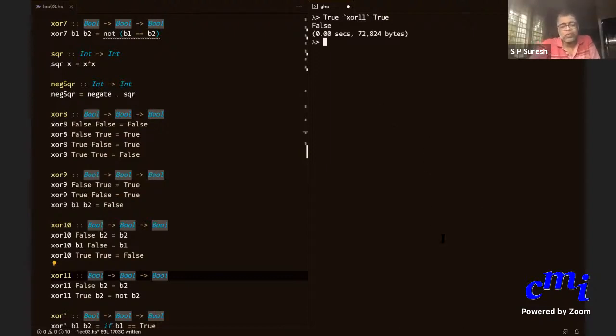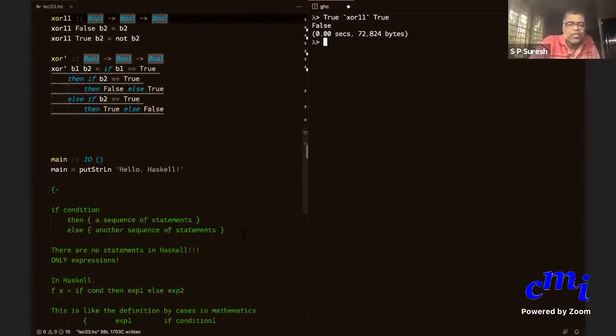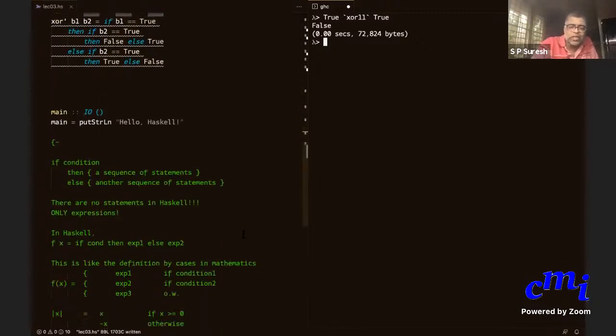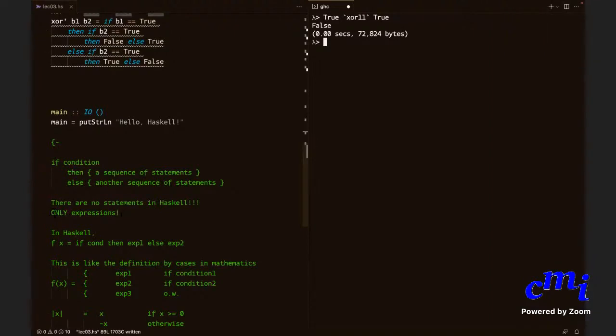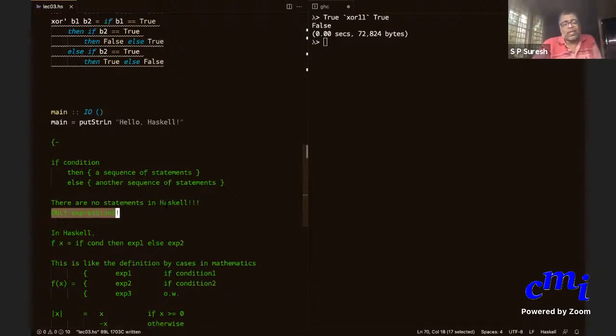Yes, please ask. Sir, you said expressions are not allowed in Haskell. No, I didn't say that. I said statements are not there, for now at least. I never said expressions are not allowed. Everything in Haskell is an expression. There are only no statements. For now, that is again a simplification.